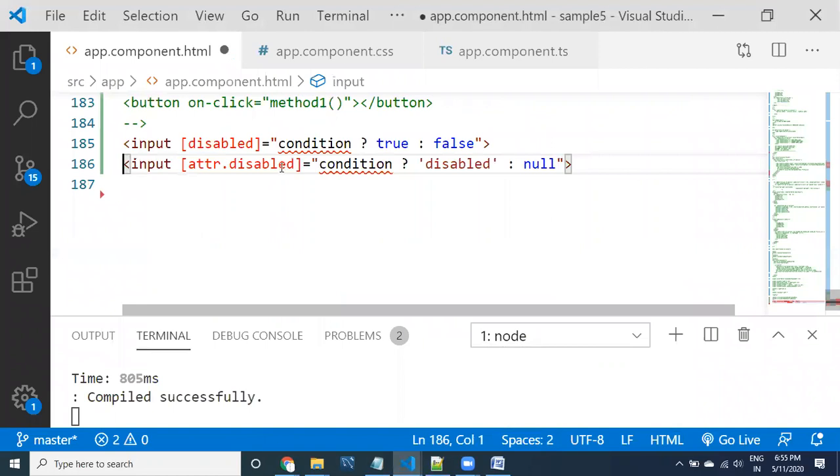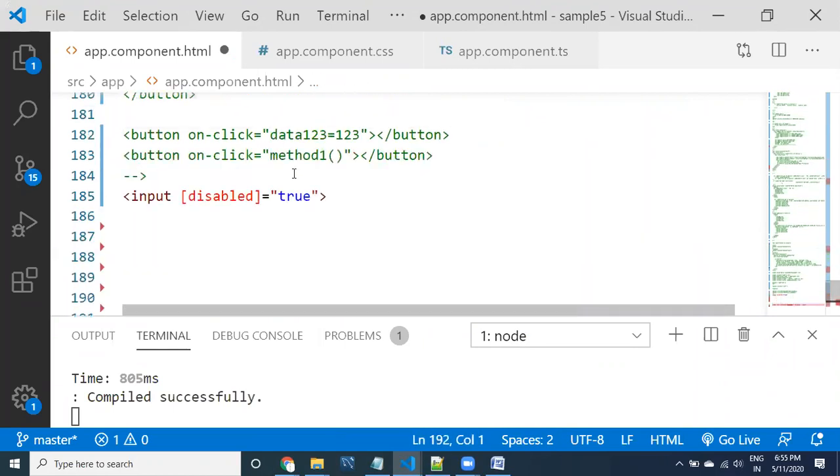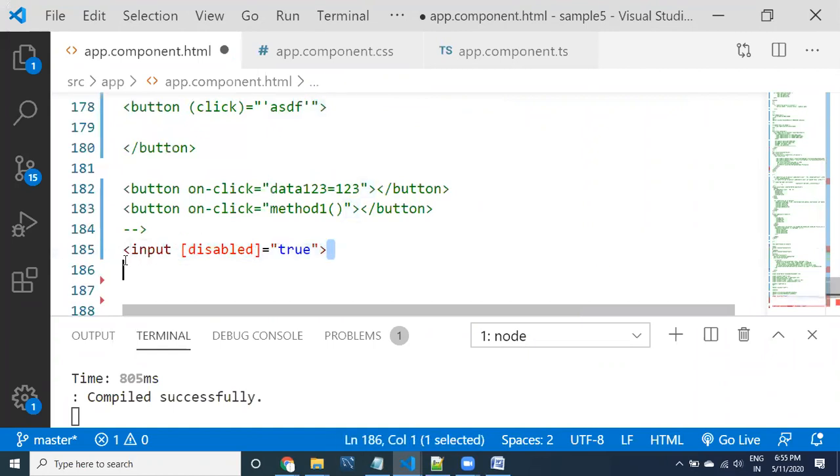I don't want all these things. See here, guys, let us think about this part first: input disabled equal to true.